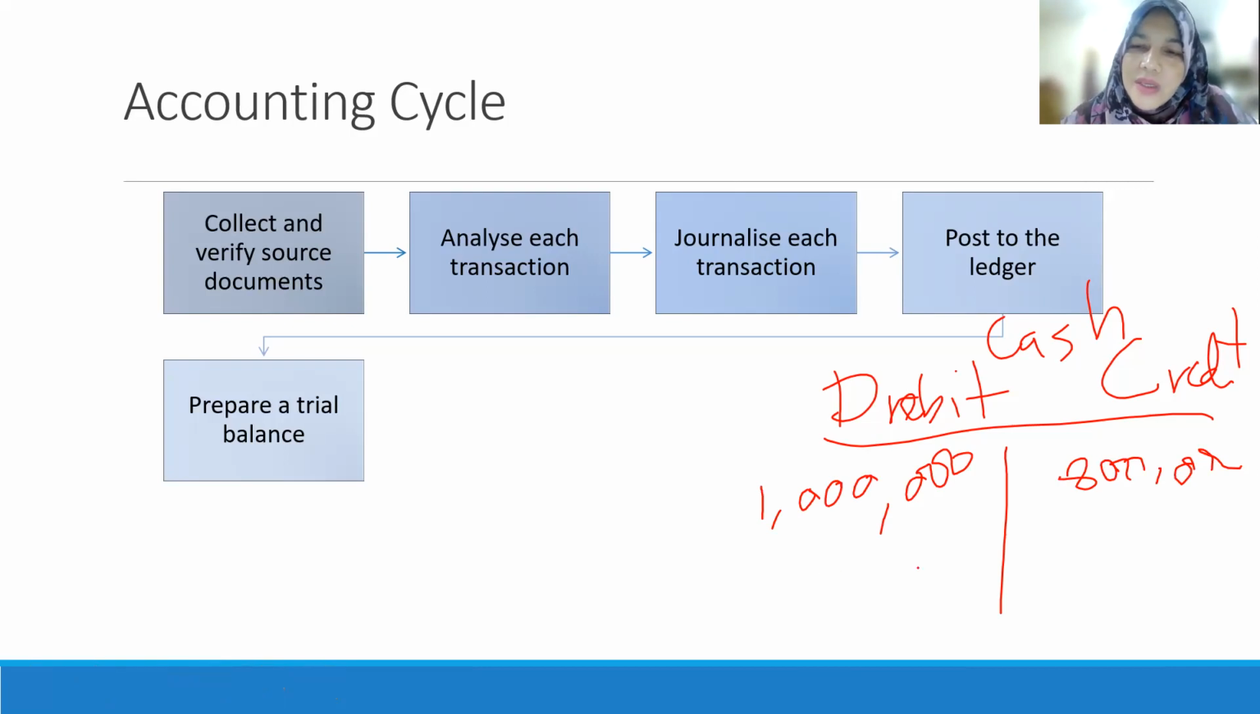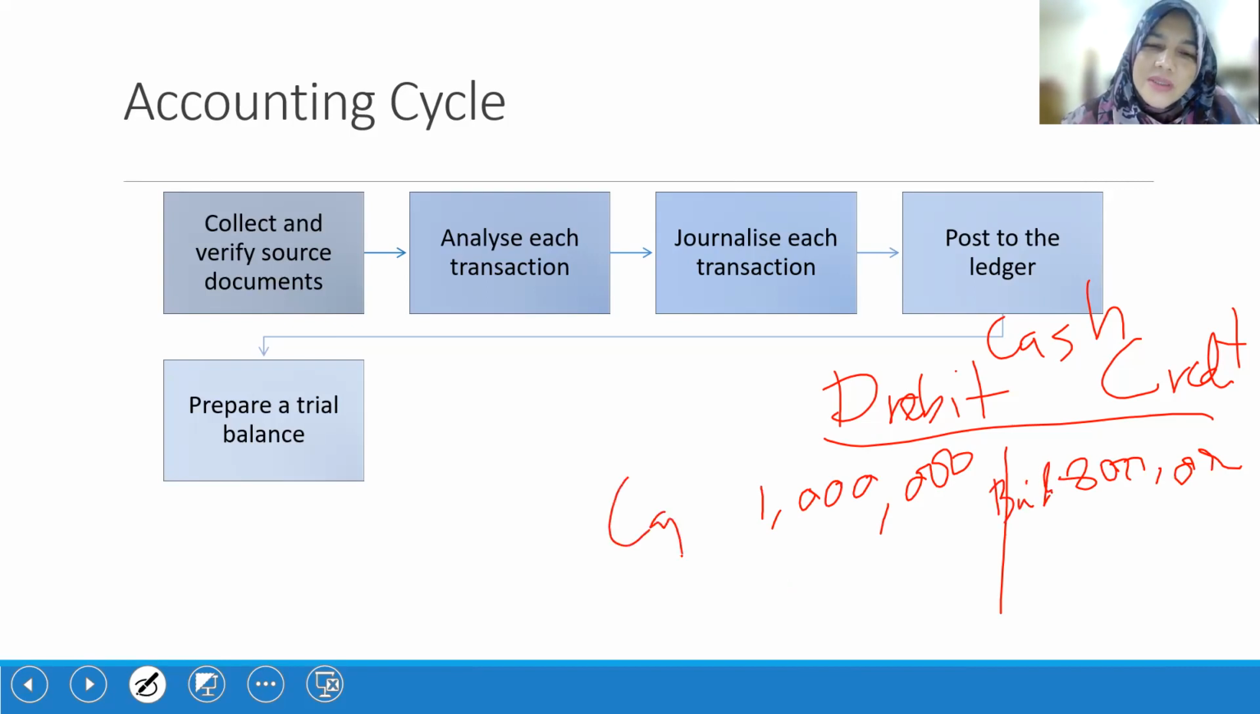So it will be recorded as building 800,000. This would be about capital 1 million. So this is what is meant by debit and credit. At the end of the month, if this is the only transaction that the company has, the account will be closed. So how will they close? They will look at which side has a higher amount. That will be the amount that